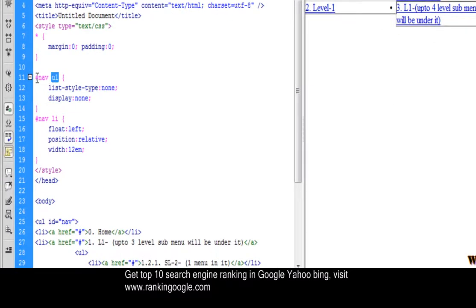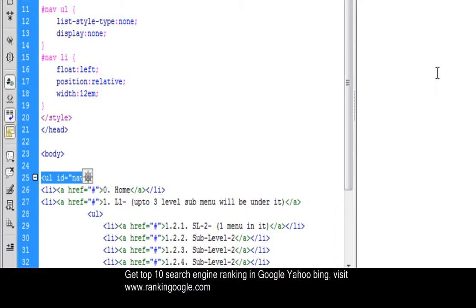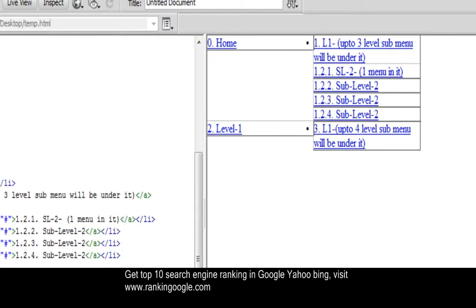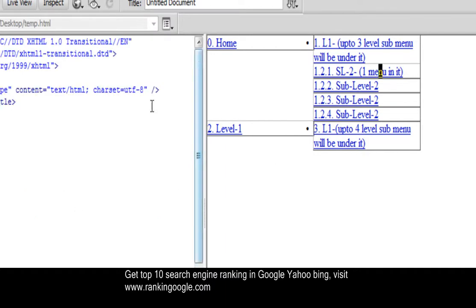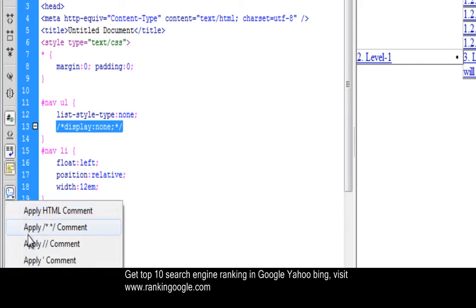Any unordered list under this nav unordered list, that is, this list is a descendant of this list, will not be shown. This is the main criteria. If you comment out display none and save it, then you see that it appears, it shows. And if you uncomment it, then it will not be shown.